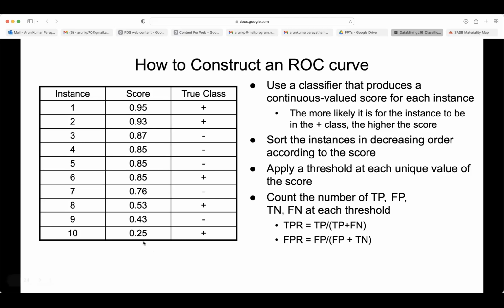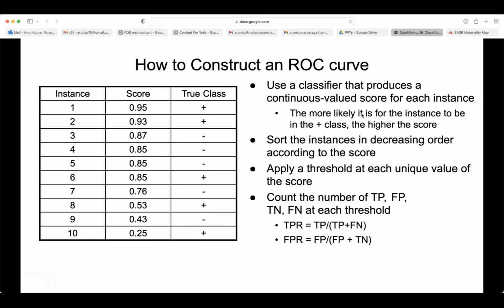To get all those 3 positives, what should be your threshold? 0.25. Then you are making more false positives, right? So even to get the third positive, you need to make 3 false positives. Because if you take the threshold 0.85, then again 0.53 if you take, then you get 4 positives and negatives. So like that, where do you draw the line? That is this ROC curve actually.